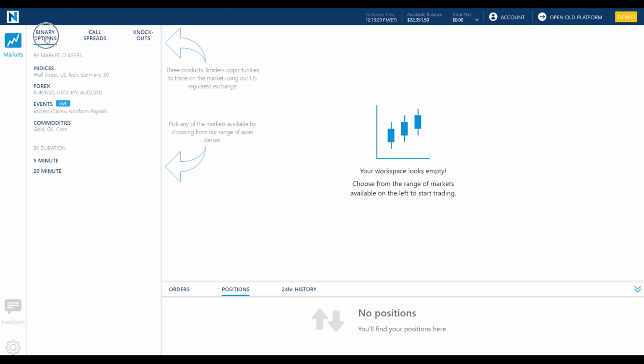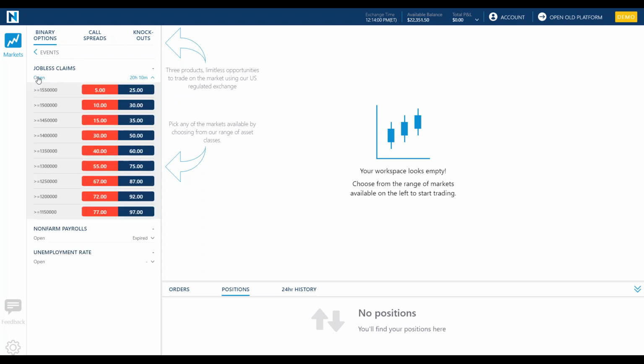I am going to point out in our binary options, you'll notice that we've got products in indices, foreign exchange. We have event contracts like non-farm payroll, unemployment reports. Not as much price action in these, but very popular for people to predict what number might get reported by the government. Is it going to be above? In fact, I think we've actually got one coming up this Friday. Yeah, here it is, the jobless claims report.